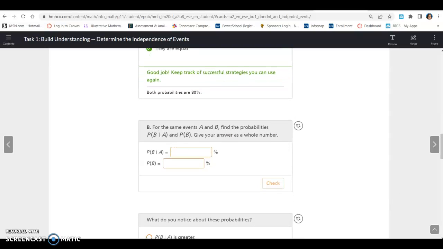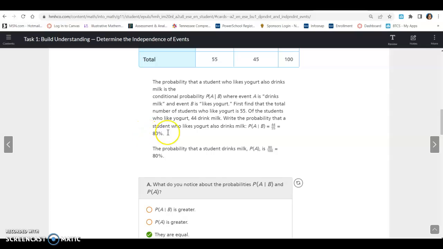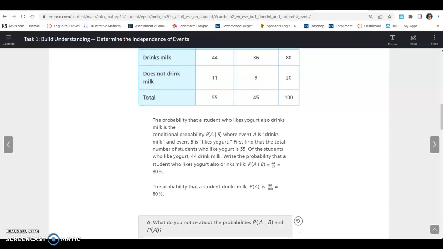For the same events A and B, find the probabilities of P of B given A and P of B, giving your answer as a whole number. So we're switching the order. We're doing the conditional probability of B given A. That means drinks milk and likes yogurt. Right here it was likes yogurt and drinks milk, that's A given B. So to find the probability of B given A, we have to switch the order here. We need to find the probability that they like yogurt given they drink milk. Here's drinks milk and likes yogurt, so 44 out of 80. So if we do 44 out of 80,